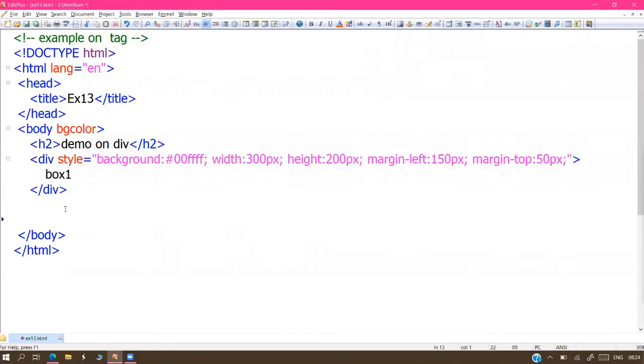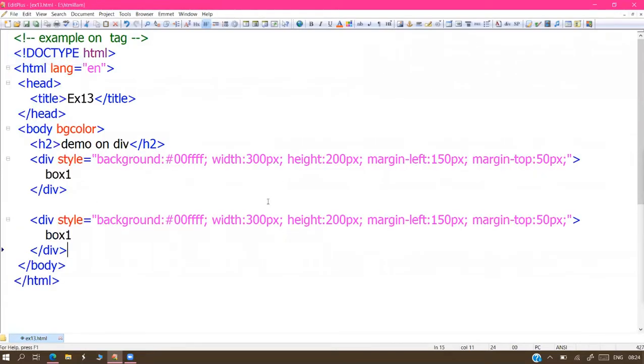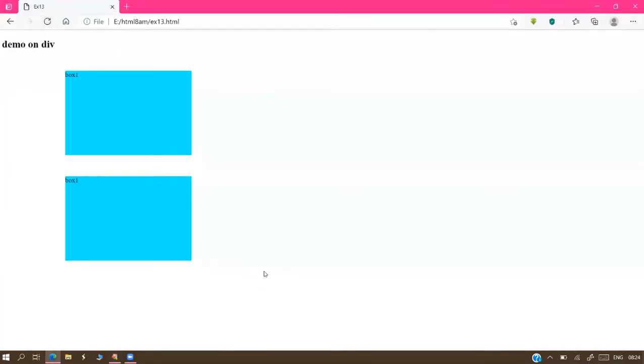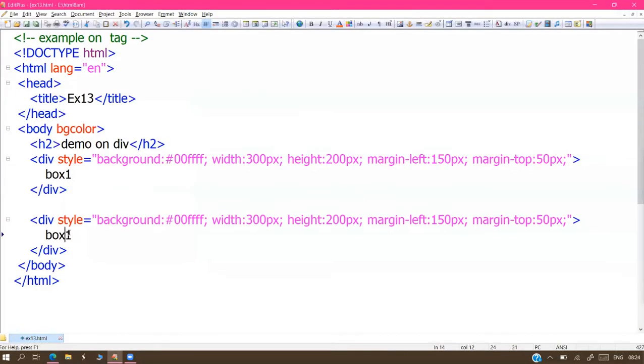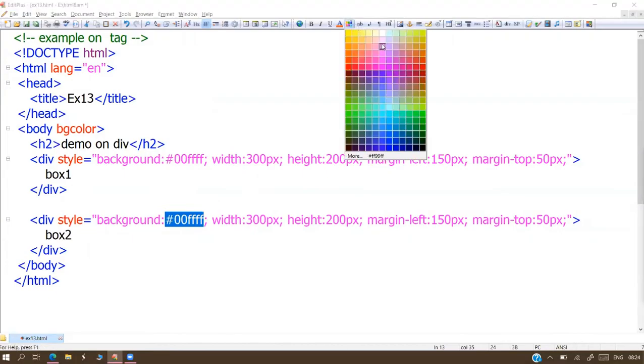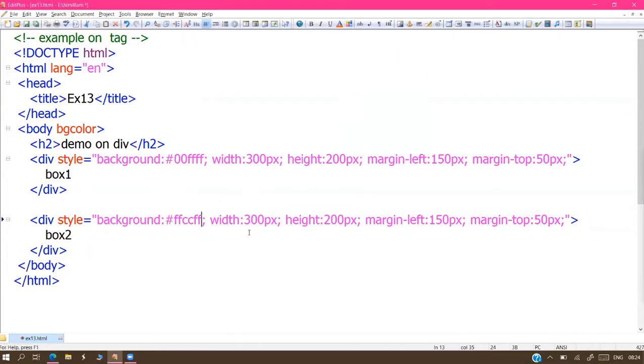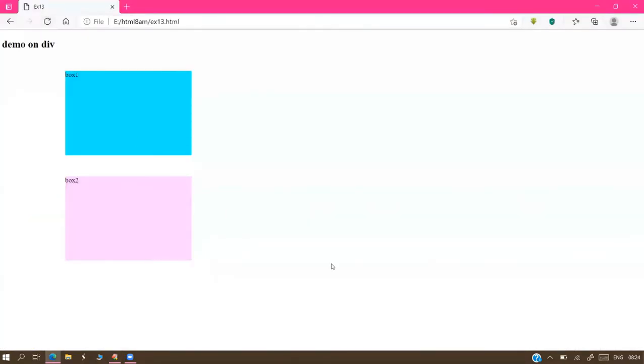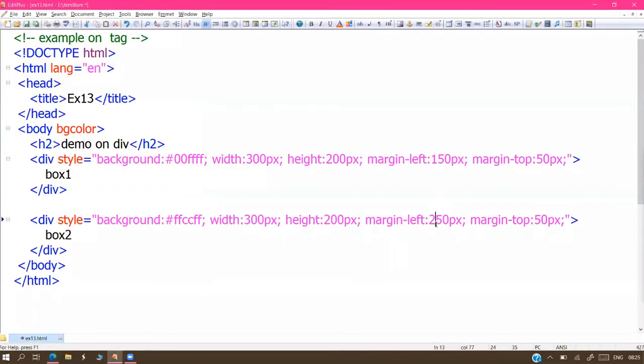Sure. Same measurements, taking uniform measurements. But where are the positions? Here also I'm applying left 150 pixels and top 50 pixels. Now see that. The box is 100% displaying as per your coordinates only. And what are the colors? Take another light color, baby pink. So blue color and pink color boxes. Can I adjust this one, sir? Whichever place you require, go to that place.